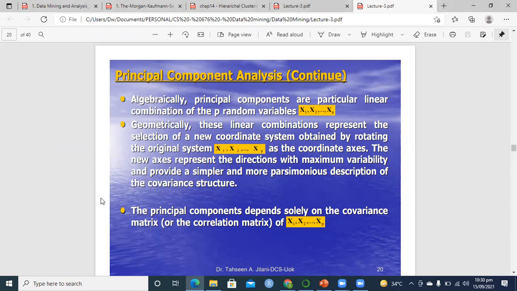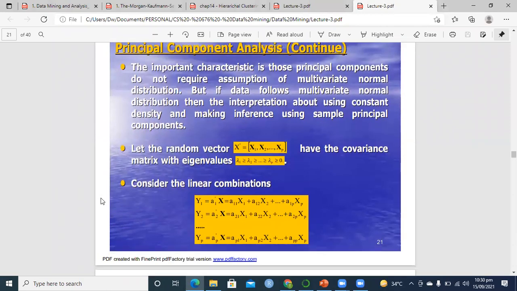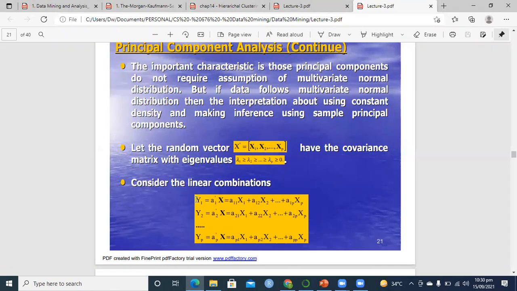So we want to represent it by reducing the variables. For example, here I say we form a new set of variables, which are linear combinations. A linear combination is like a11 times x1 plus a12 times x2 plus ... a1p times xp. x1, x2, x3 are column vectors. They are the variables. For example, a11 times age of a person plus a12 times salary of a person, and so on, plus a1p times the family size, siblings and parents and any other dependents. So this is y1.